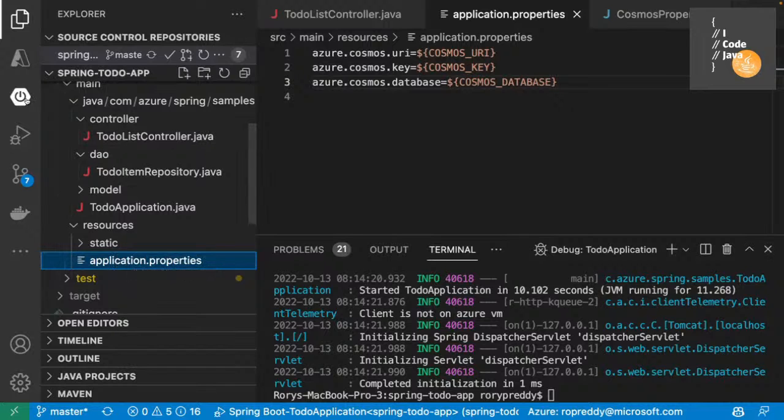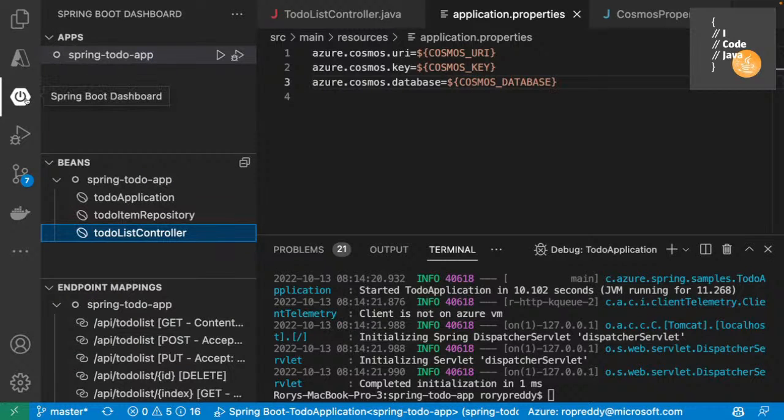And now I'm going to run this with the Spring extension. So this is very new, and I've partnered with the product team there. You can see there, you've got the apps, so you can actually go there and run the app. Then you've got the beans. It's going to do live introspection of your beans and give you, via the Spring Actuator, views of your application. Every time I show this, people go, does .NET have this? Does Python have this? No one has this, because Spring has the actuator. And then we're going to look at the endpoint mappings there.